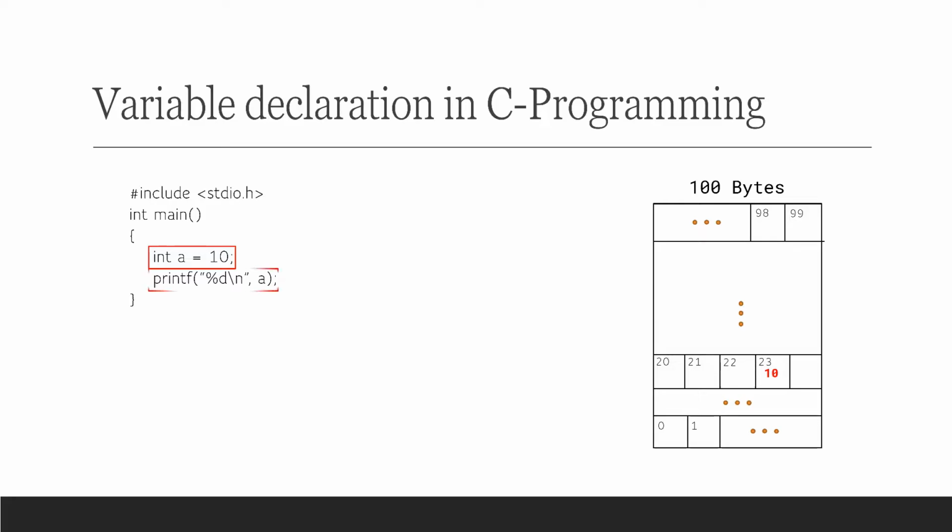The second instruction of the program says print A in the console. Here comes the problem. How does the machine know which location in the memory is A? The machine executes code one instruction at a time. It cannot go back and forth to figure out what is what. To solve this problem, a new data structure is introduced.